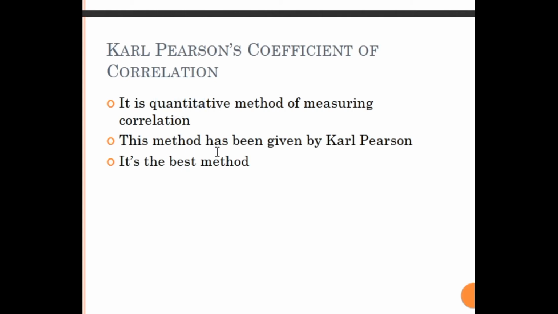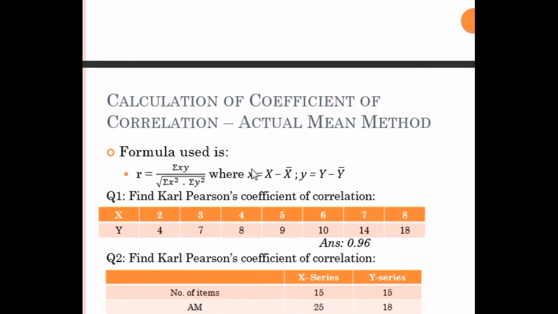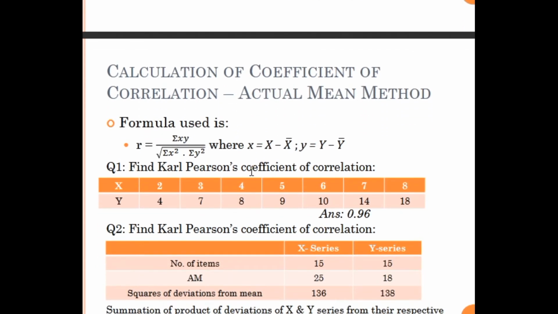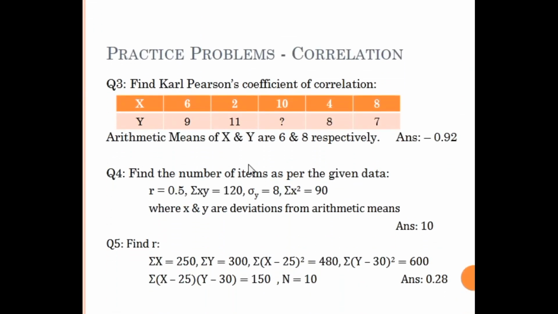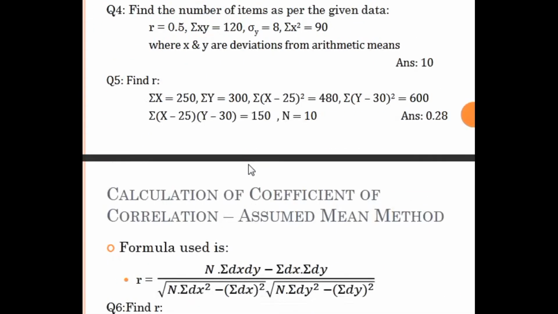This method has been invented or developed by Karl Pearson. Simple. It is always the best method, a very easy method and the best method to find the correlation. So I don't want to go into the solution now. Whatever the formula is here, it is a different one. Simply I will scroll the lines. Just think about this one. While solving the problem, we will go for the answer of this one.